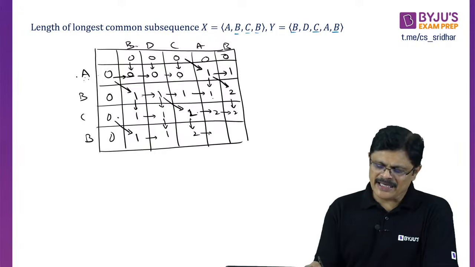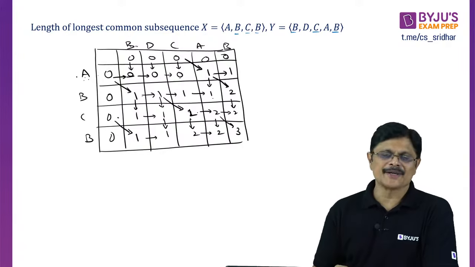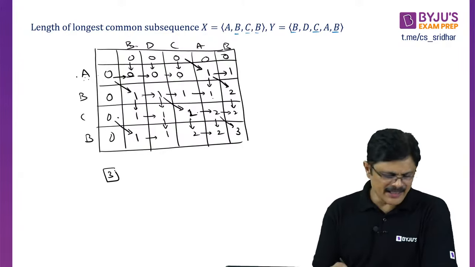BA not matching, either this or this, which is 2. And BB matching, so this plus 1, which is 3. So the answer is 3, sir. The length is,